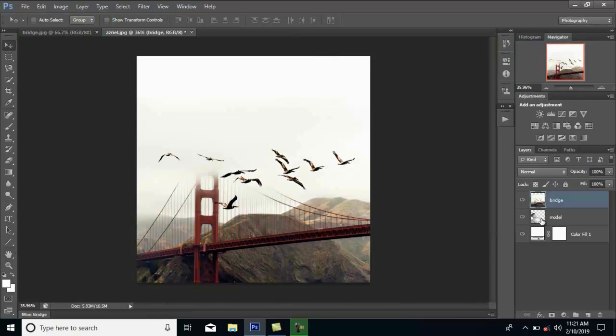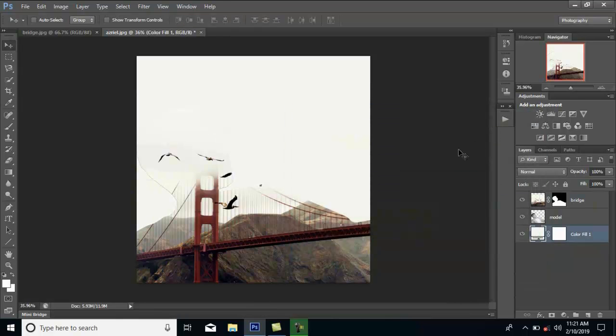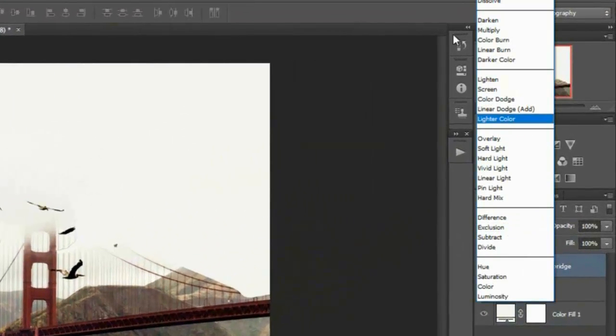For that, go to model, hold Ctrl, then click this once. Then go to bridge, then click this icon, then go to background, then change the color just like this. Okay, then go to bridge again, change this to multiply,